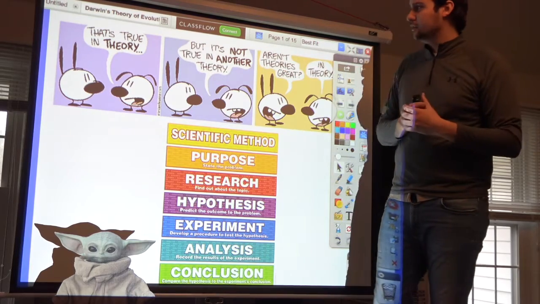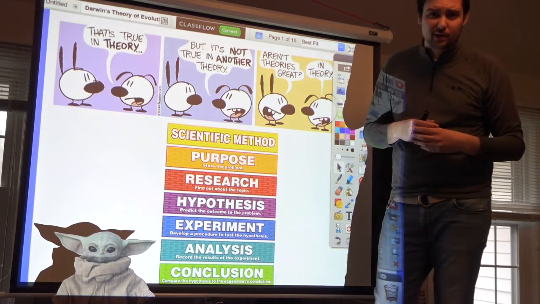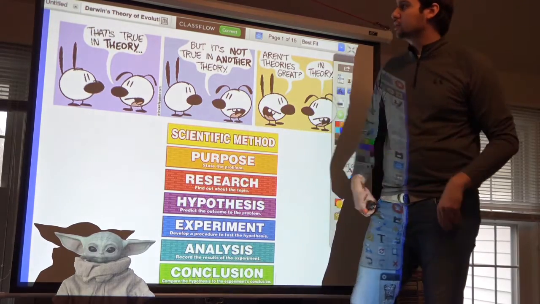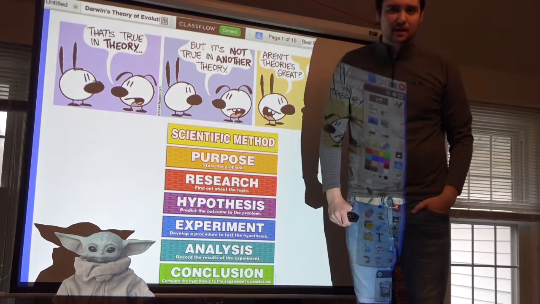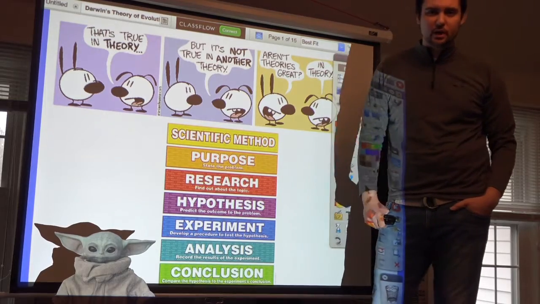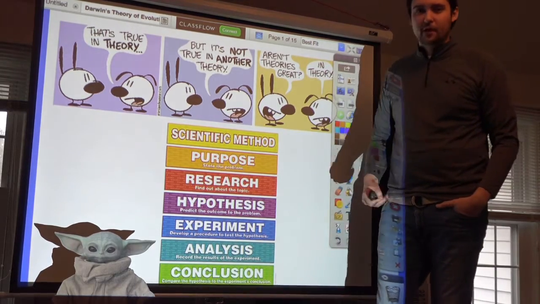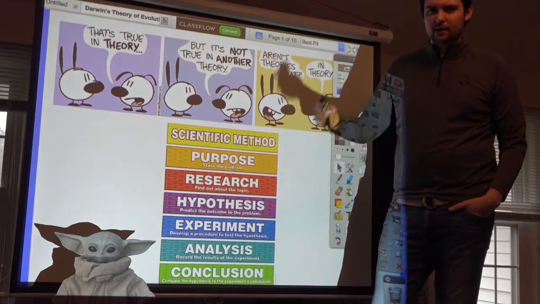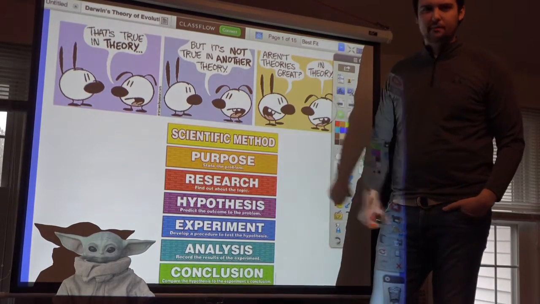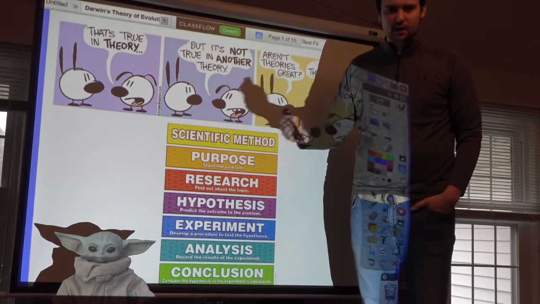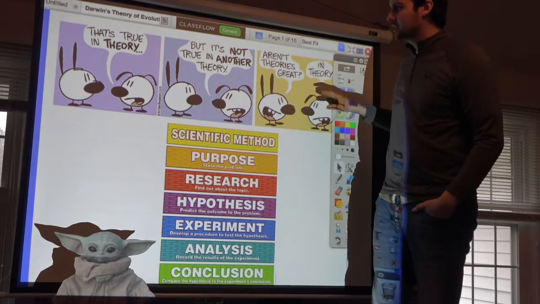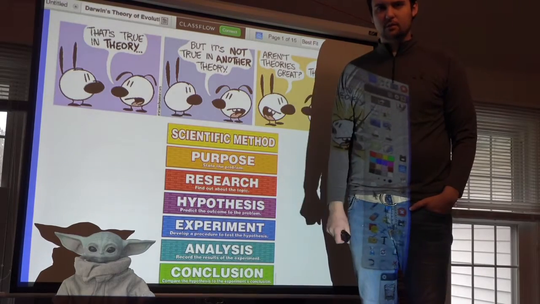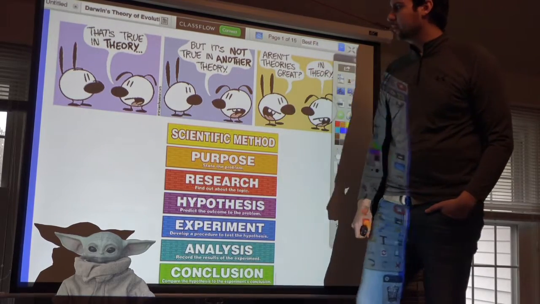I'm just here to give you guys a little bit of background, give you some introduction to Charles Darwin, who he was, and what his theory of evolution is all about. I feel it was kind of unfair that we dove right into this unit without giving some of this preliminary background information. So I want to take a step back, give you guys some information, and hopefully this will start to make this unit make a lot more sense as we move forward.